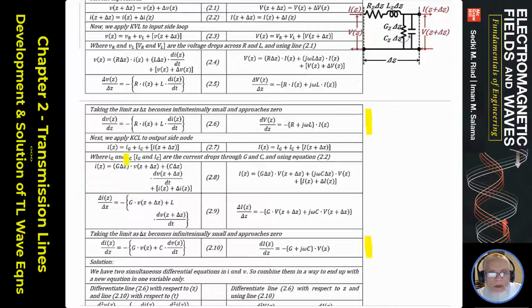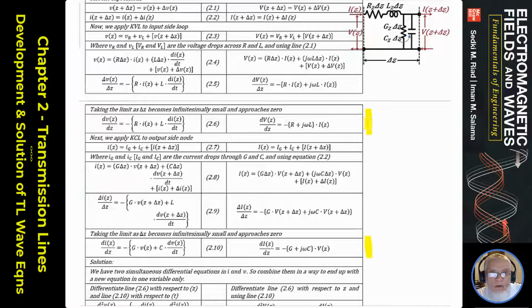You can read them here, and as it turns out we are going to have expressions that have delta Z in them for the voltage, and expressions that will have delta Z in them for the current, because you have an increment R delta Z here, and the voltage here is with respect to delta Z. So we have to take the limit as delta Z goes to 0 to convert these difference equations into differential equations. So we end up with